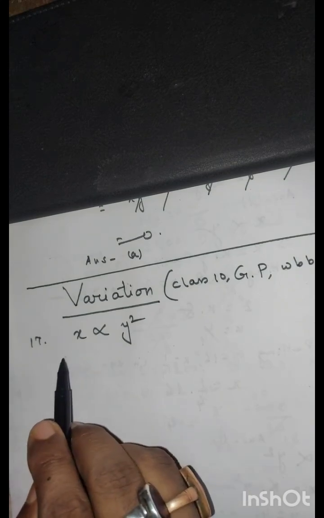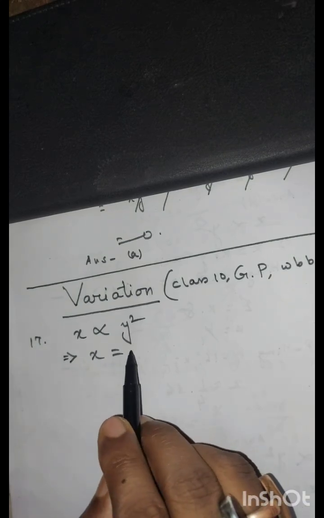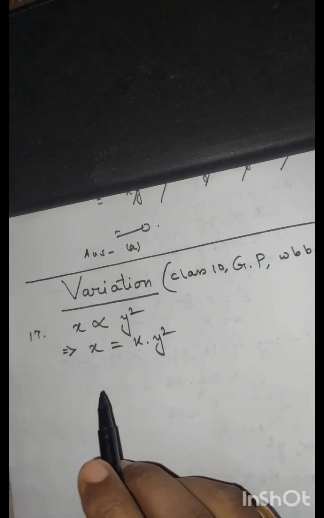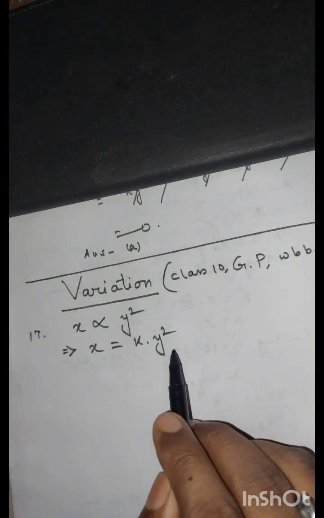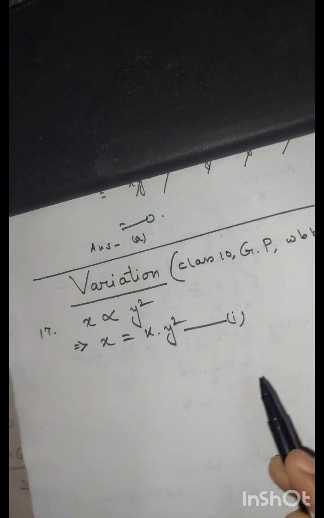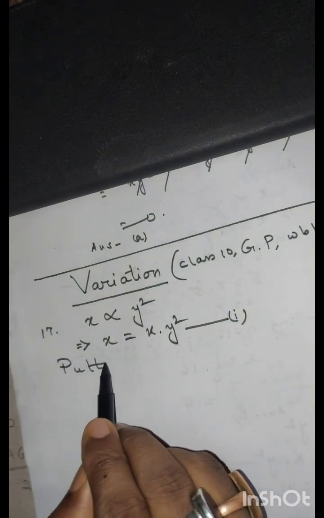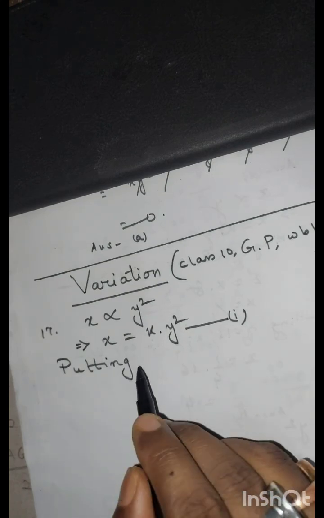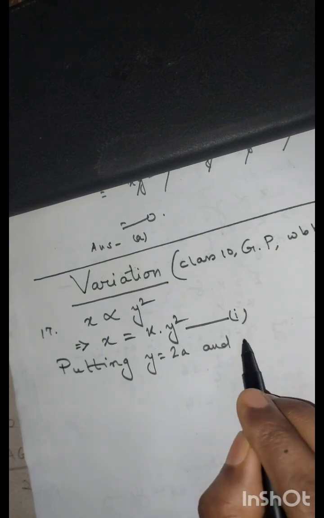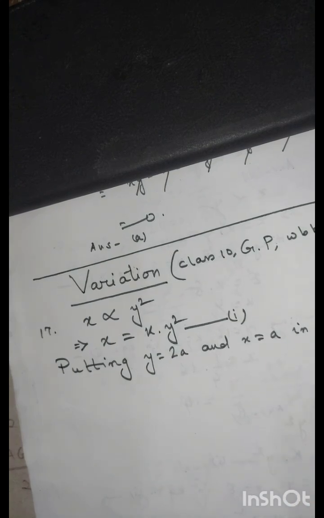If we convert it into an equation, it becomes x equal to k into y square. Now we can say this is our equation 1. If we put y equal to 2a and x equal to a in equation 1, we get